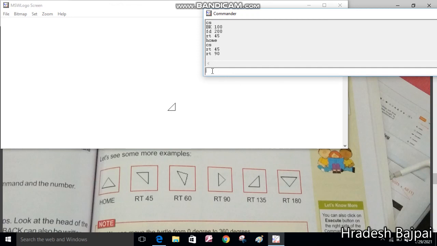For bringing the turtle to its original position, use the home command and press enter. This is the original position. Now I'm using the LT command, LT45. You can see it moved to the left side. LT90. This is how. I hope the use of the home command, RT